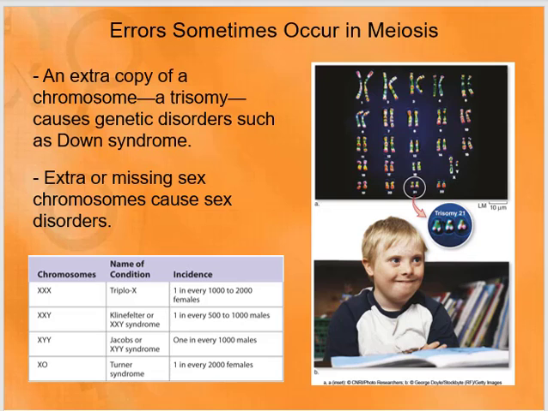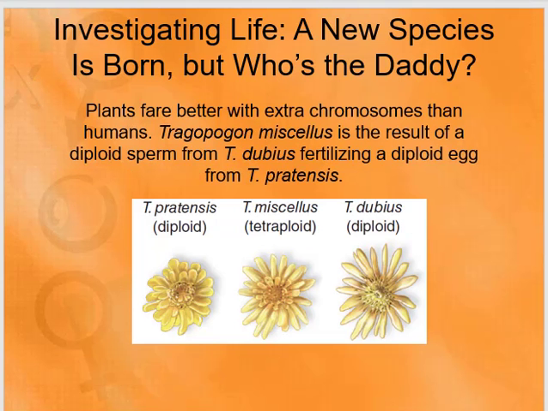Now, plants have another thing to contend with that animals don't. It's called polyploidy, and it can actually produce new species. This will often happen, though it doesn't happen so much normally